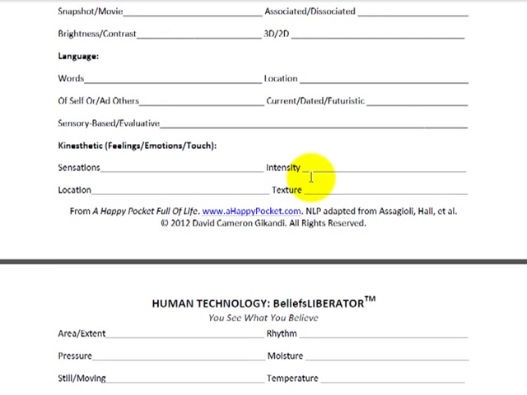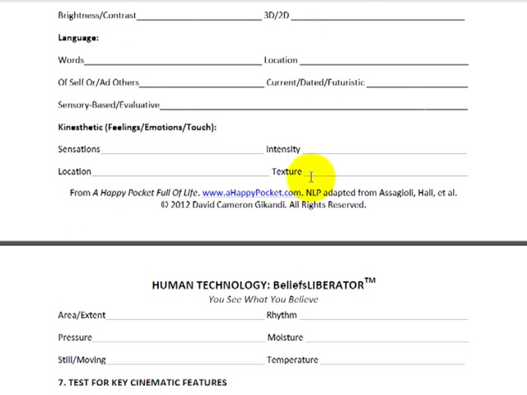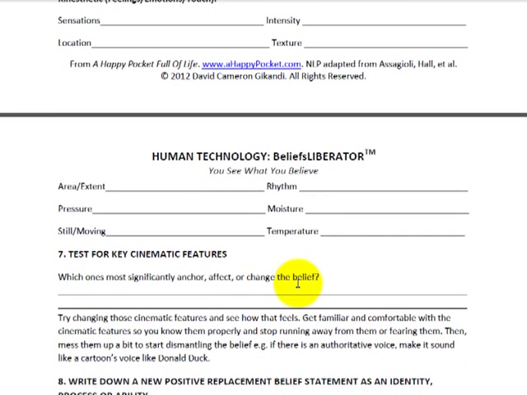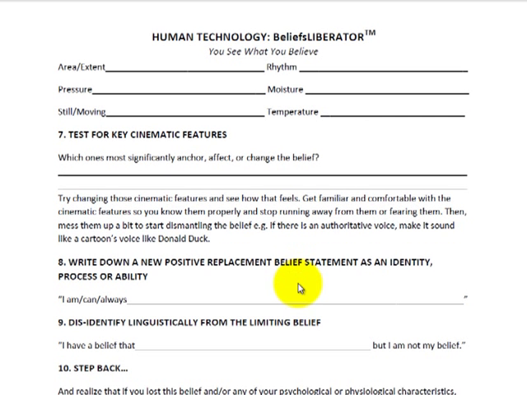What about your feelings of emotions and touch and so on? What are the exact sensations? Where do you feel it in your body? Is it on your back, on your stomach, in your head, on your heart area? Do your fingers tingle? Do you shake? Do you feel warm? What intensity, texture, rhythm? Is there moisture, area? How big is it? Extent? Is it still or moving? See, all that stuff. So write all that down, and then test for the key cinematic features